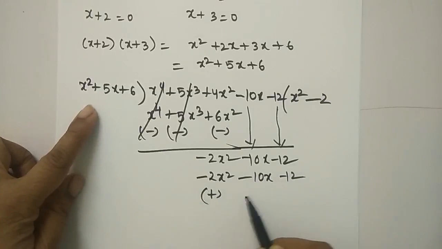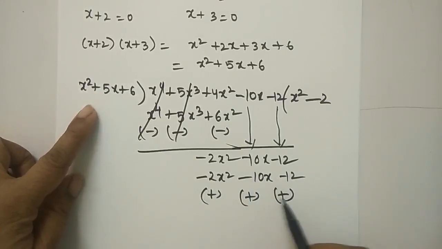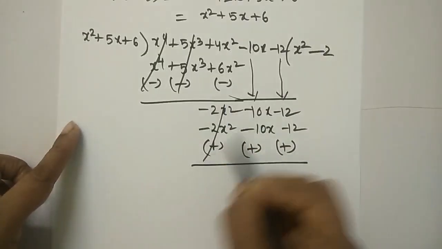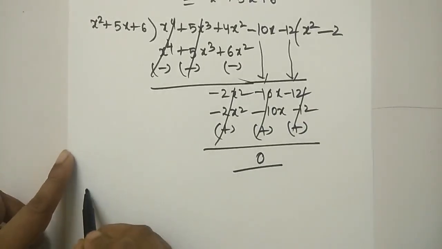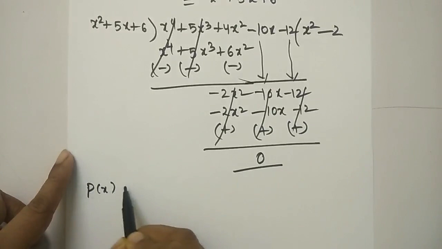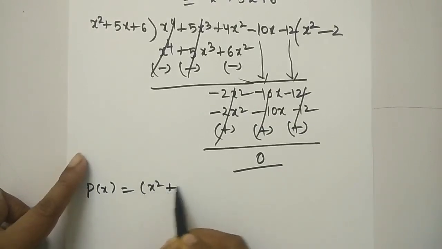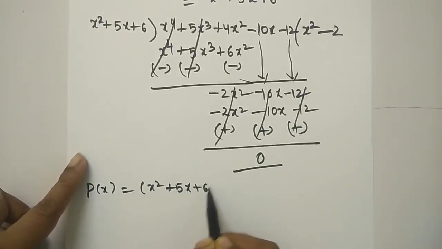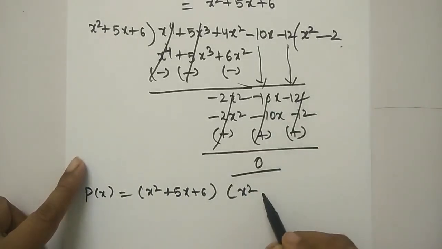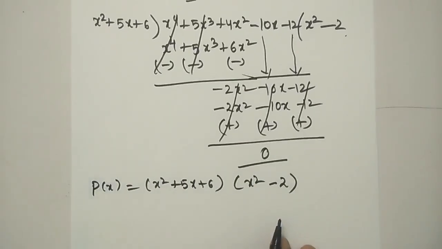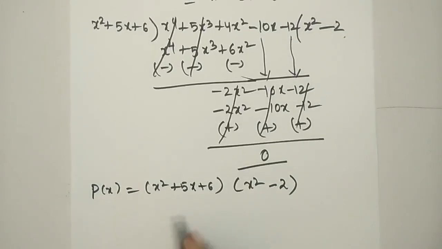Change the sign. Okay, 0. Okay, therefore p of x is equal to x square plus 5x plus 6, and you have q of x as x square minus 2. Okay, this is equal to,